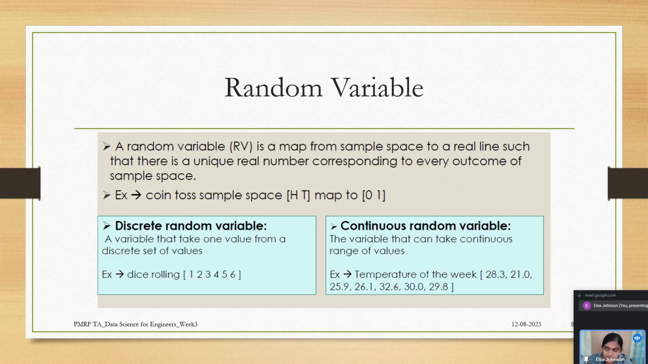Now random variable. A random variable is a map from sample space to a real line such that there is a unique real number corresponding to every outcome of the sample space. So the coin toss sample space HT maps to 0, 1. So you can say that maybe the number of tails coming up can be your event. So 0 tail will be 1 and